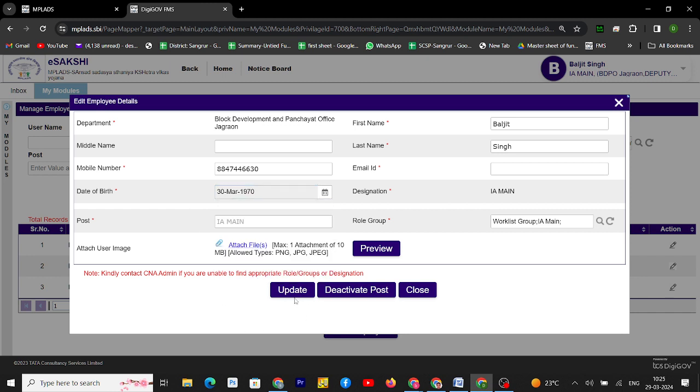That's it. That's what you have to do to update the details of your DDO or any employee changed